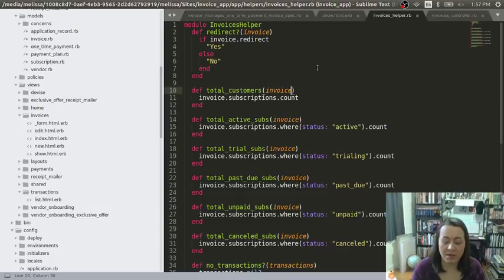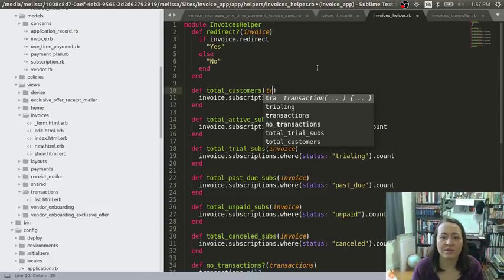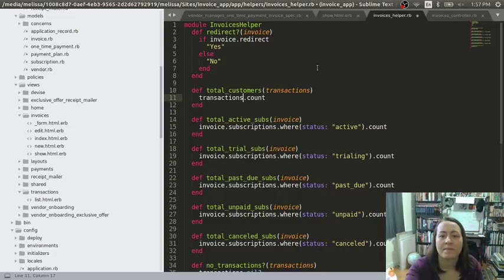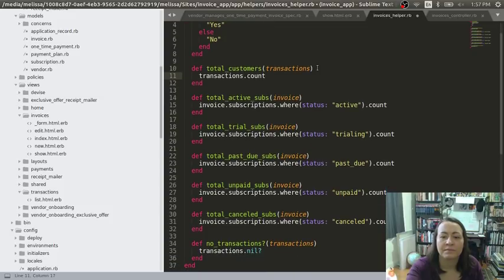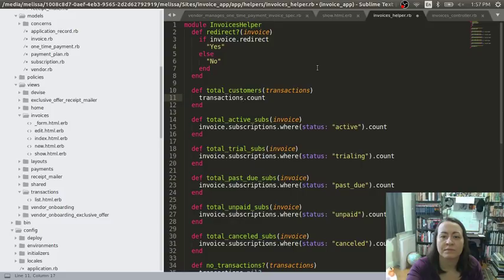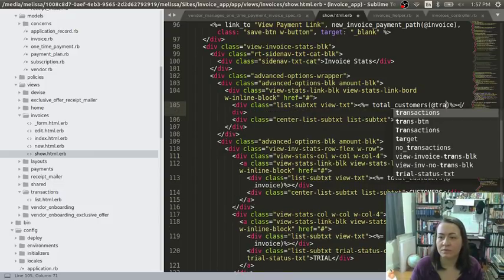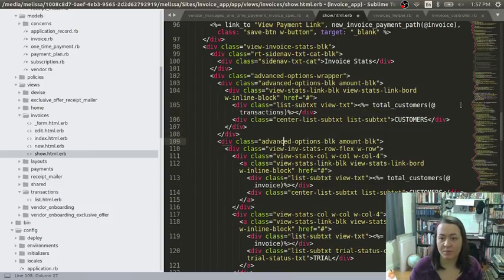So why can't we just put in transactions? I'm going to change it down here too, because otherwise